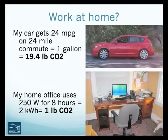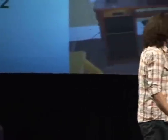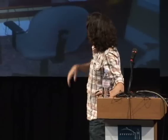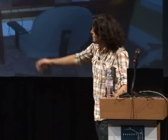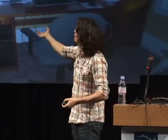So my home office, I just made up some numbers here. These are kind of close, but I get about 1 pound of CO2 generated by working at home, by having a computer on and a lamp and a printer running, and I probably have my phone charging, and there's a nice monitor, and I'm listening to really, really loud music all the time. But you can do some typical numbers, figure out about how much energy you use at home. So that's a big difference, right? I mean, it looks like working at home's a winner,